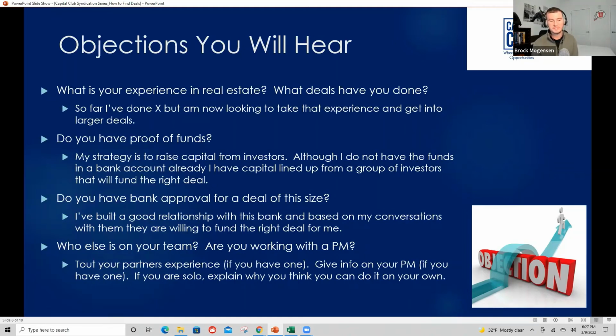Bank approvals. Same thing. Banks aren't going to pre-approve you like they do on residential. That's just not how it works in commercial. It's going to be deal by deal. And you want to build relationships. That's a whole other topic, but you want to build relationships with banks early on before you really start truly trying to buy deals. And just talk about that. Say, hey, yeah, I've talked to two or three local banks. I have good relationships with them. They're willing to lend me money on commercial deals that make sense. Just include information like that.